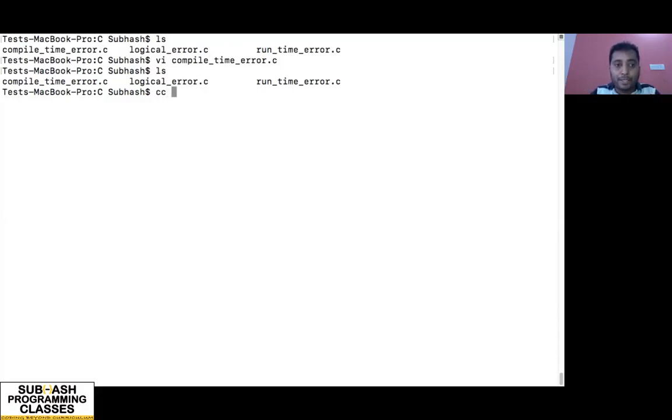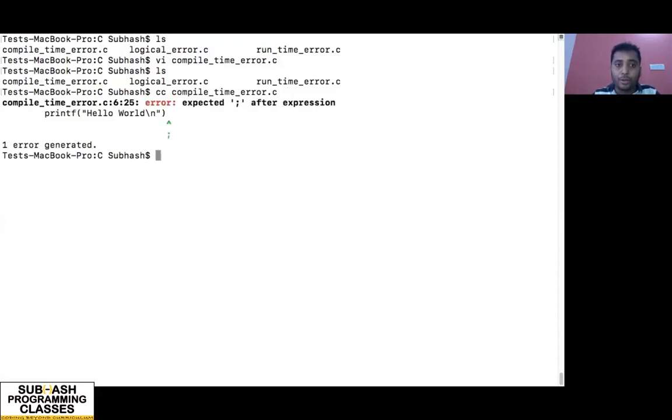So I'm compiling this file, compile time error.c, in which I had a function call with the semicolon missing. When I compile this code, the compiler automatically generates an error which says expected semicolon after expression. It is also showing me that at the end of printf there is a semicolon missing. So one error generated.